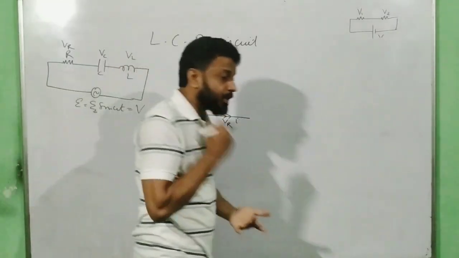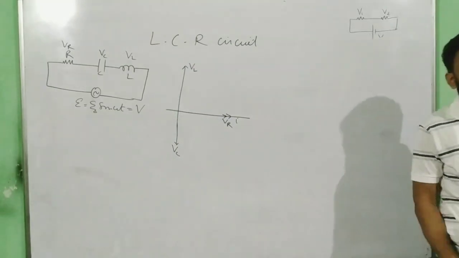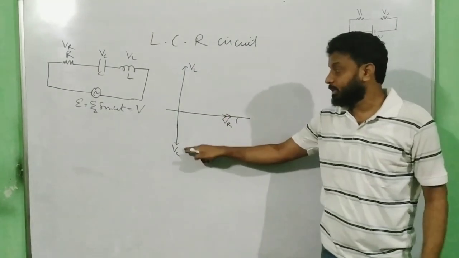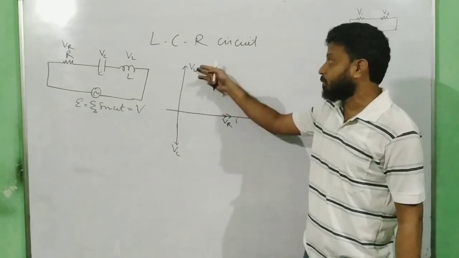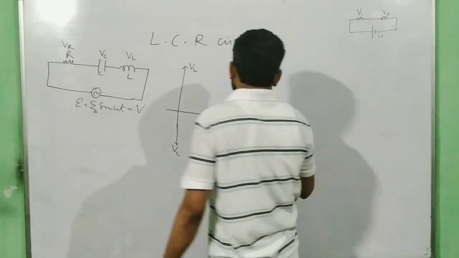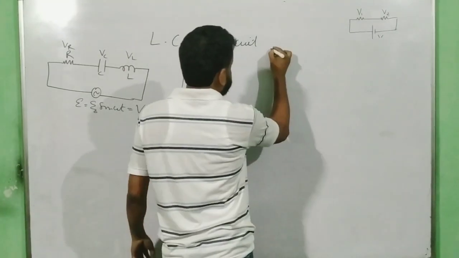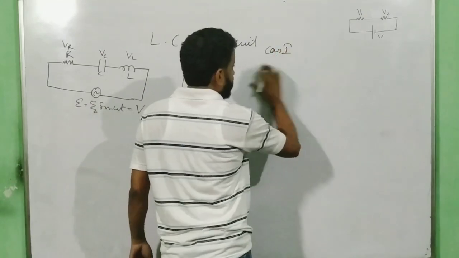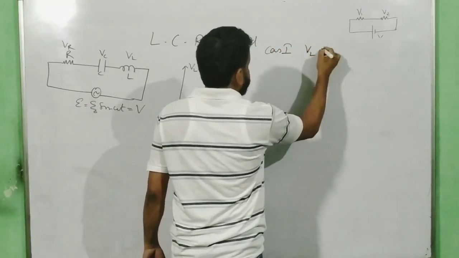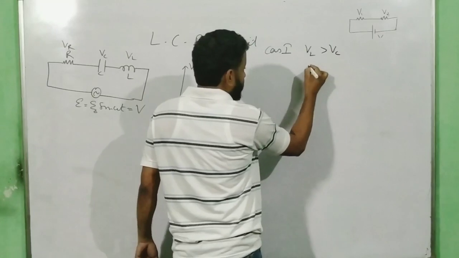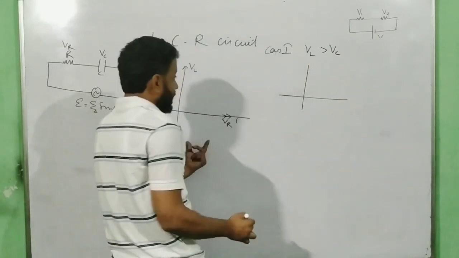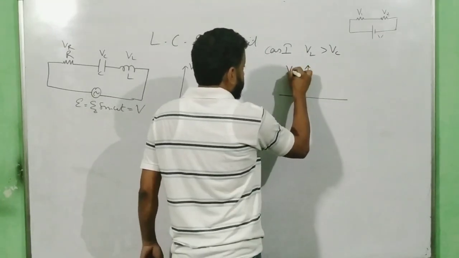And whenever you subtract in physics, it always comes with three cases. What if this is more, this is less? What if this is less, this is more? And what if they are same? So we are going to discuss as case 1 over here. Case 1, let us say VL is more than VC. In that case, this diagram will reduce to this.